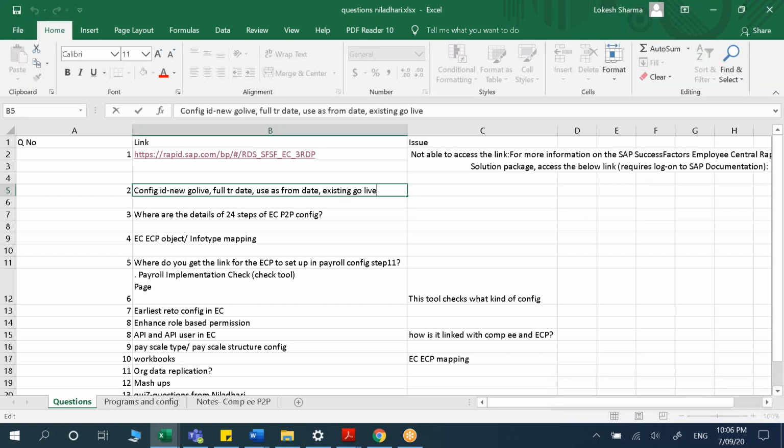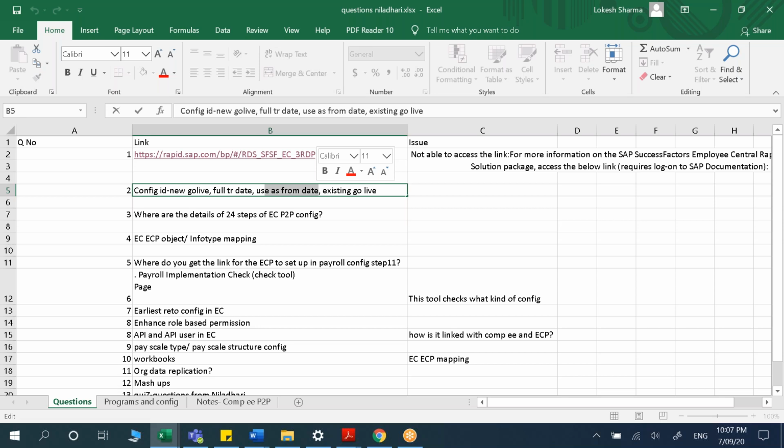So the other question I had was around config ID. Remember we spoke about it, when there is a new go live, what is the impact of the full transmission date?